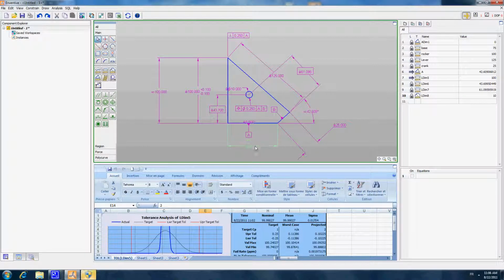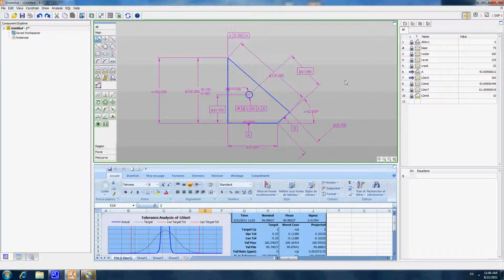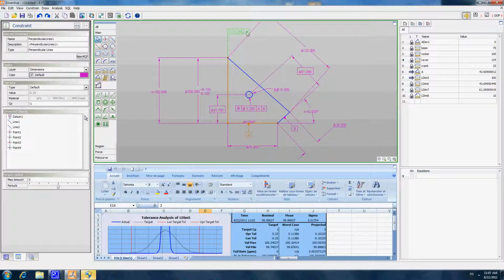Very often when we work with industrial companies and when we take their drawings and reproduce their drawings in Inventive, we find actually that their drawings are redundant. So there are multiple ways to interpret one functional drawing for one component. So Inventive allows to solve that, or at least to detect that and ask the question which way of tolerancing is the one to use. So here we obtain the perpendicularity tolerance.